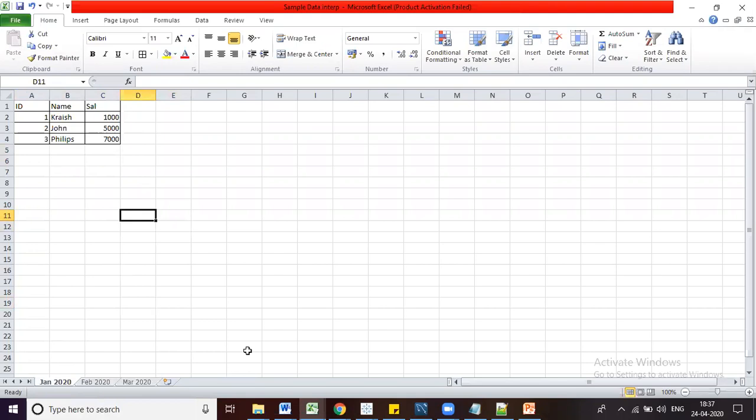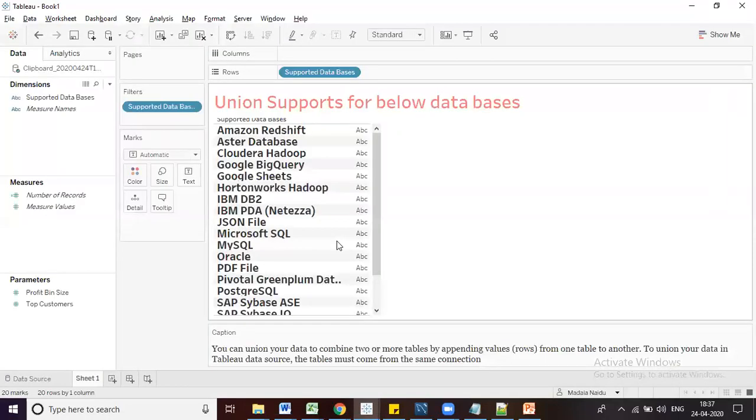Now, what is the main purpose of union, and what kind of databases does it support? The union works by combining the data from two or more tables by appending the values. Whichever data is coming, it will add into your existing rows, or if any columns are there, it will add into your existing data.